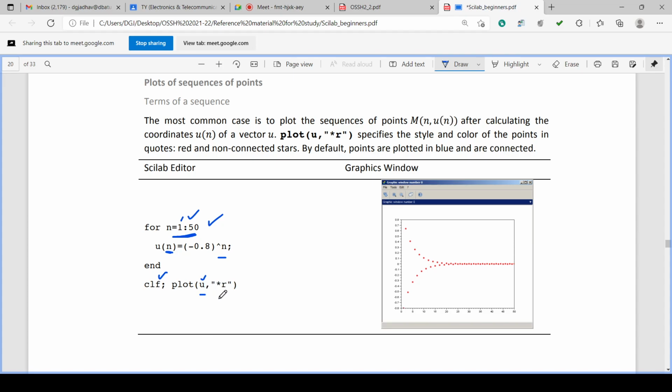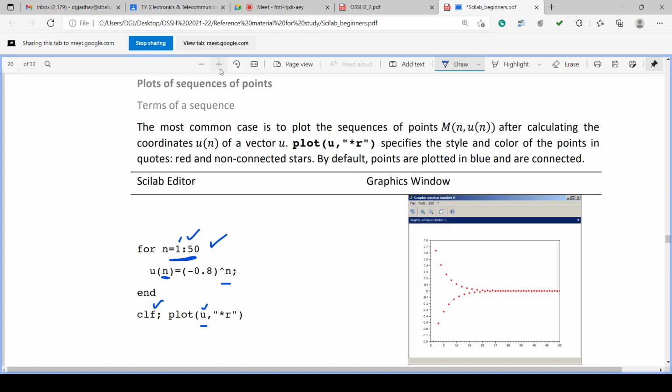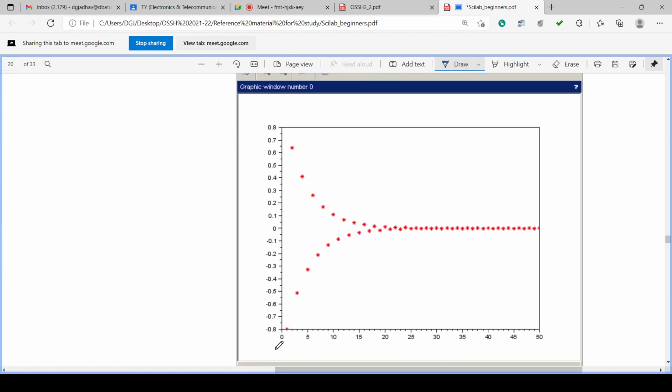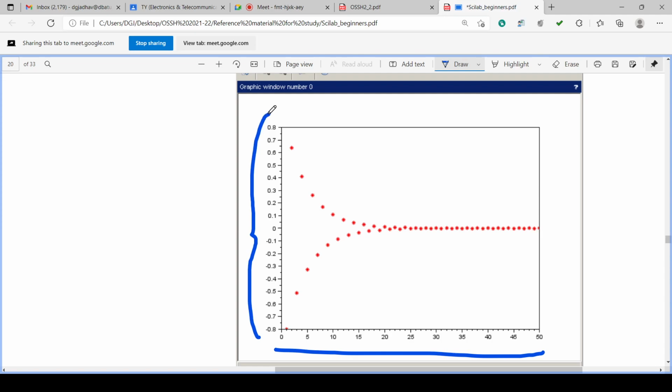Then we can clear the figure and plot u. Only u is plotted. In that case, it assumes the x values by default as 1 to 50. If you are not giving x, it assumes 1 to 50 by default, and whatever values are calculated in u will be plotted on the y.